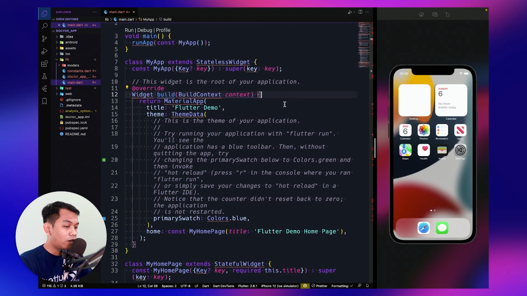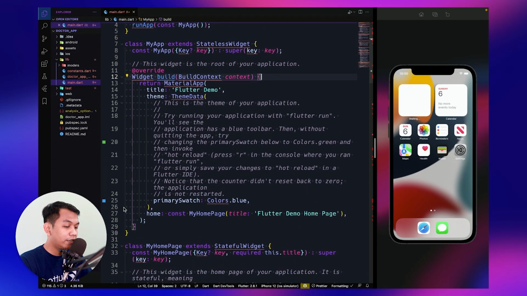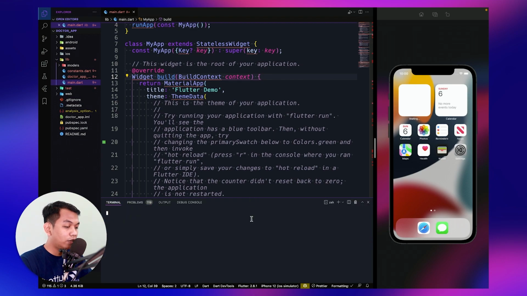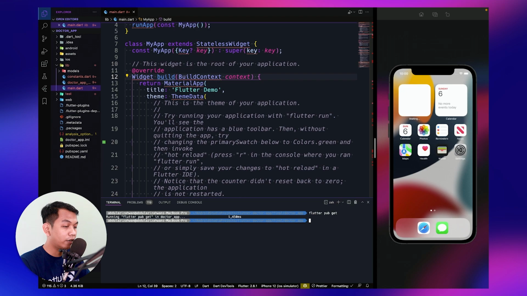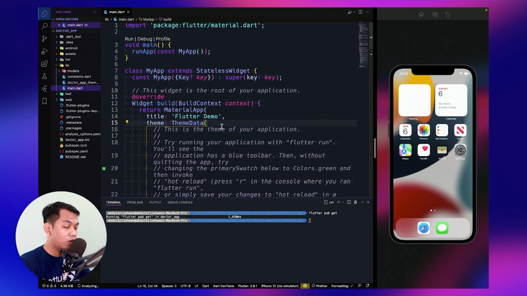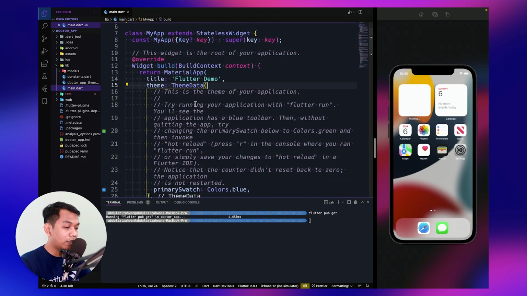So let's open our main file, and what we need to do is go to our terminal, and as usual, we just need to download our dependencies using flutter pub get. Alright, look like this. And now our red lines have gone.